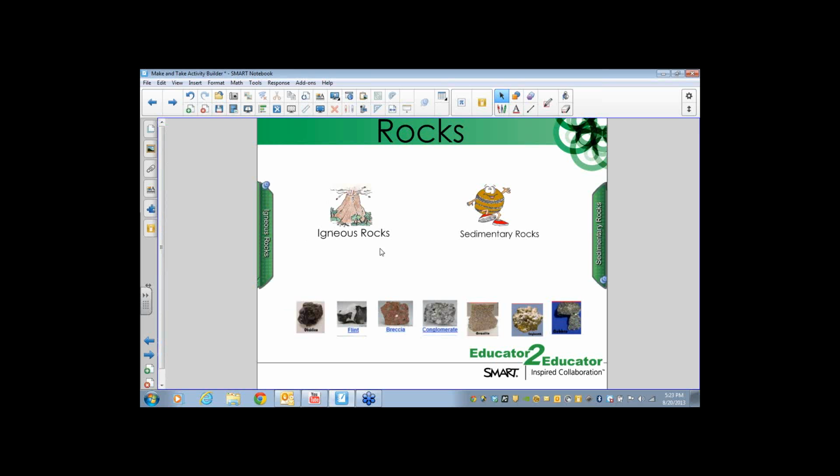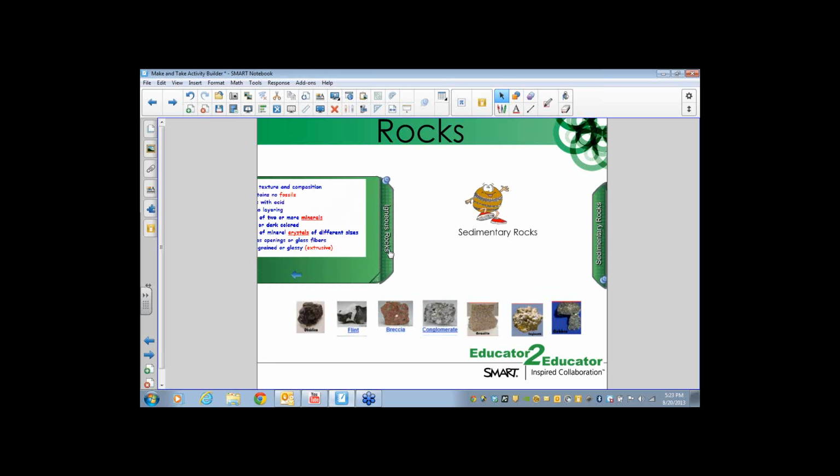You want to make sure that you place them on your page first. Any words that you want on there, make sure all your grouping is done before. I'm going to show you what it looks like, and then I'm going to walk through the steps of actually building it.